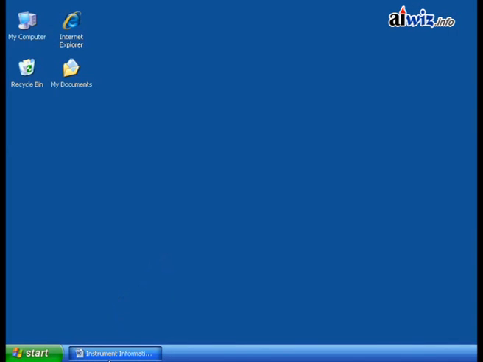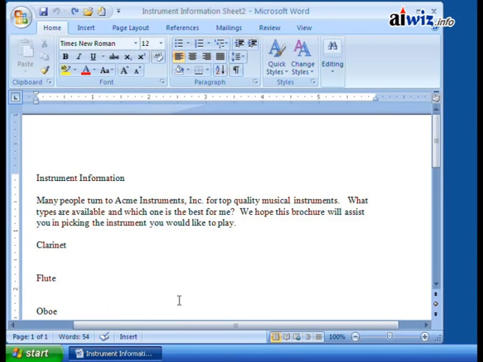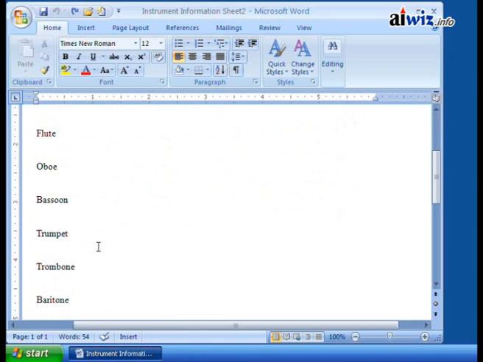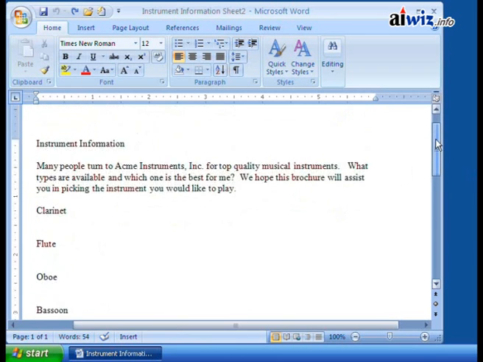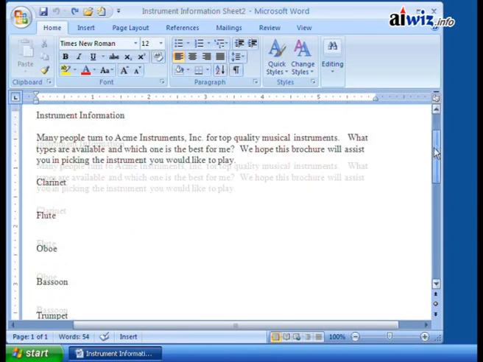I went ahead and created just a basic brochure for my Acme Instruments Incorporated, and we're going to call this the Instrument Information Brochure. So I've got a little sheet that I can send out to everyone who maybe wants to order some of our instruments or find out a little bit more about it. Makes sense, right? And you'll see I simply went in and typed in Times New Roman instrument information, typed a little bit more, and then if I scroll down here, just using my scroll wheel, or you can take your scroll bar here and move it up and down, you can see I just listed out all the different instruments,